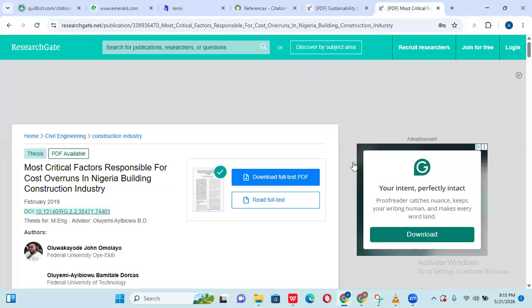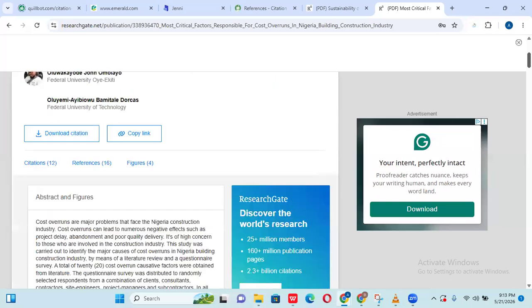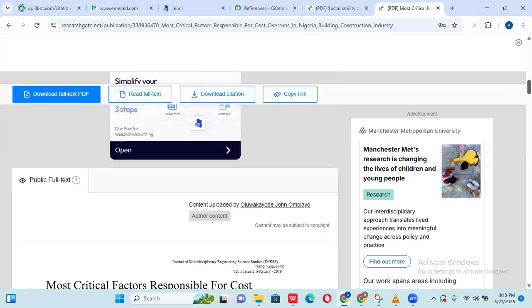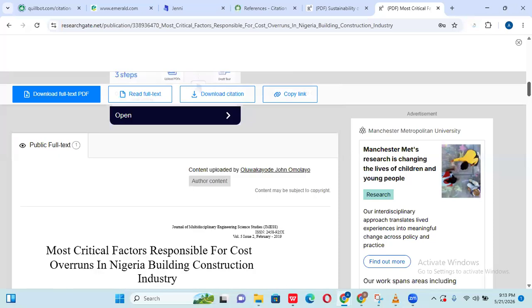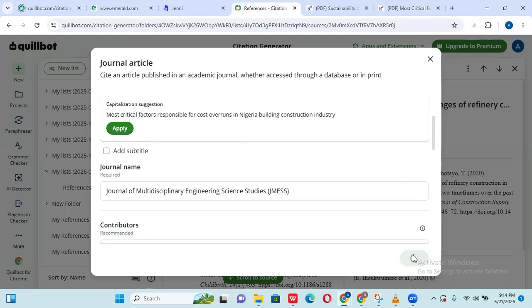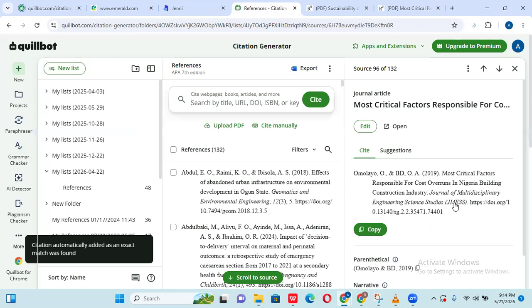What's the journal name now? How would I get that? Now that one is difficult to get because it's not here. So I have to figure that out. Once I get the journal name, okay, this is the journal name. So I'll put it there. Okay. After that, you should finish the citation for me. Aha, so this is the citation.